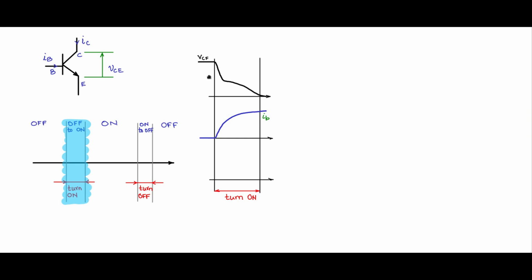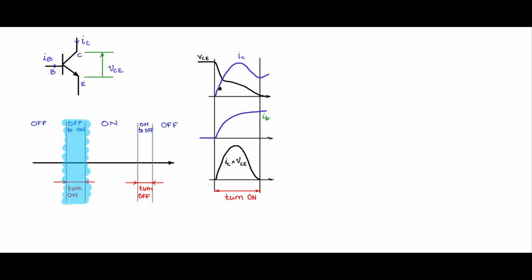Now this is called VCE. And what happens to the collector? As the VCE is dropping, the collector current is increasing. So the collector current increases, and during the turn on time it increases more than what is required and then comes down to whatever is dictated by the load. Now if I multiply instantaneously VCE into IC, I will get the instantaneous power curve during the turn on period. So this is multiplication of IC into VCE.